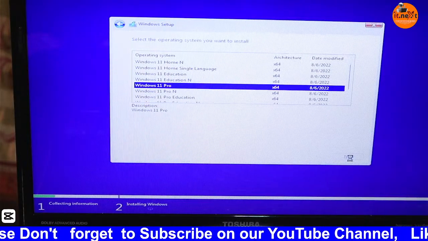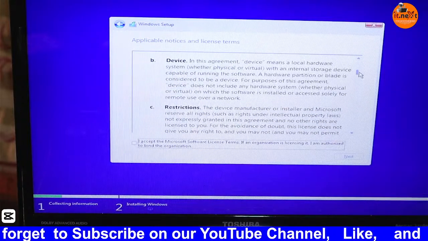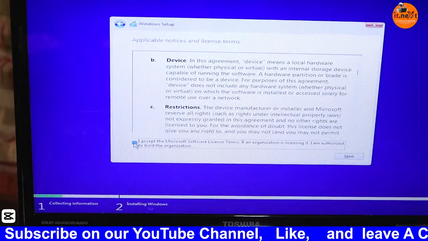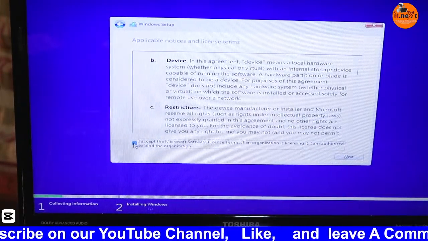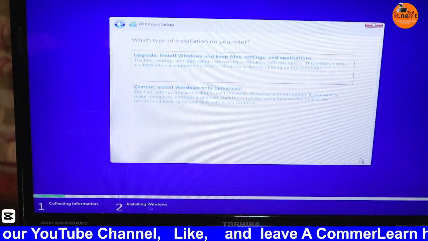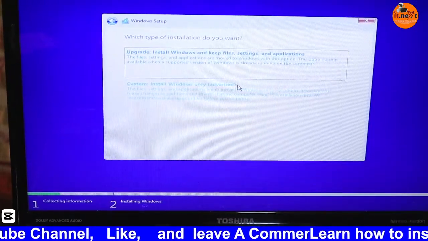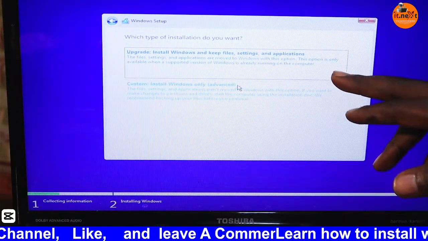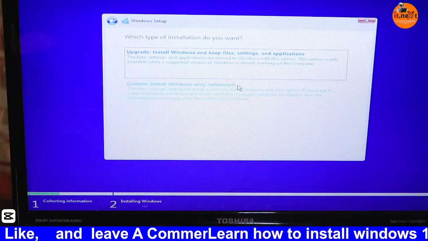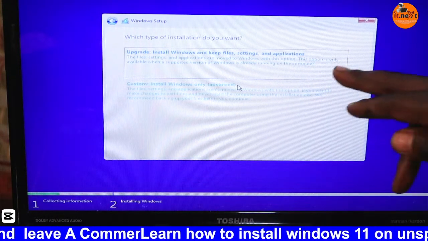This takes us to another page. Here you can read everything that you want, and then click on accept. I accept the Microsoft software license terms. Then click on next. I will not read that because of time. Now, if you are just upgrading your machine from Windows 7 or Windows 10, you can select this. It shows that it installs Windows and keeps the file settings and applications. This method can keep your files,